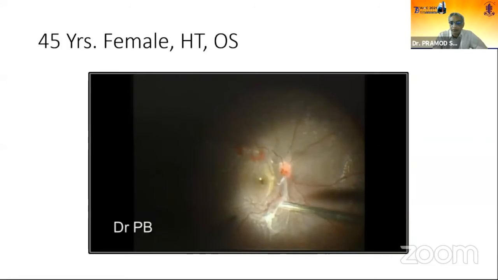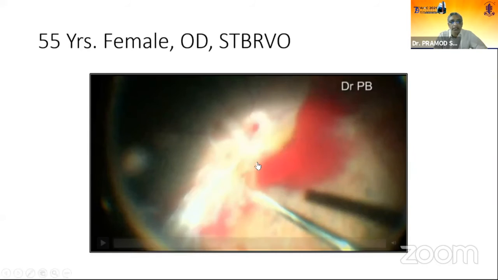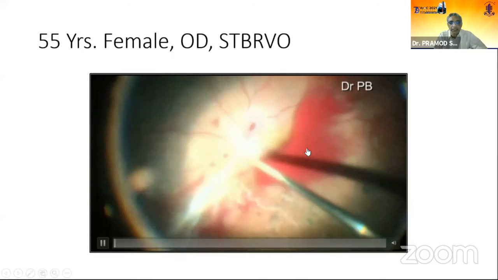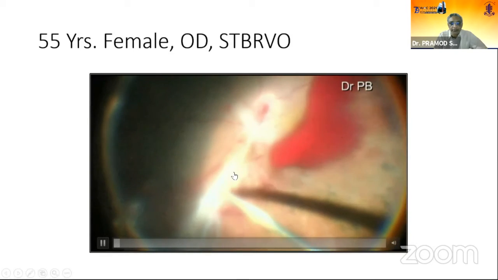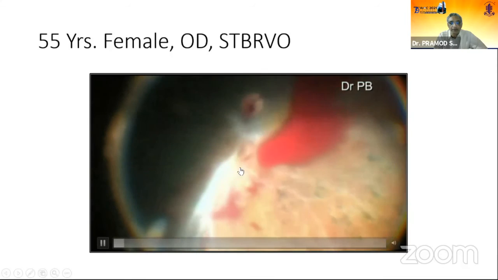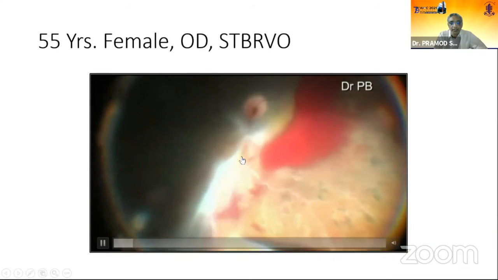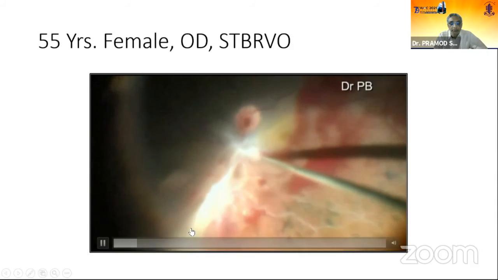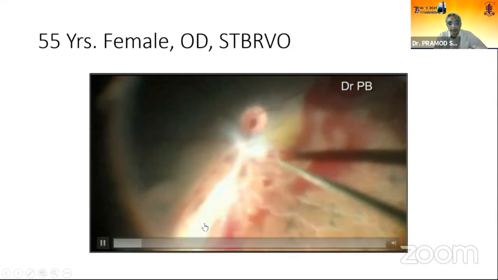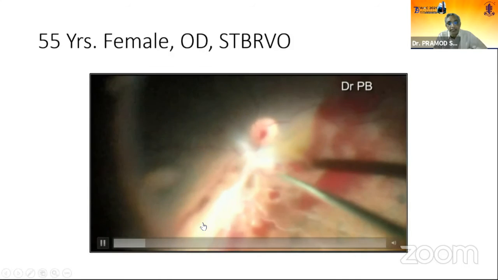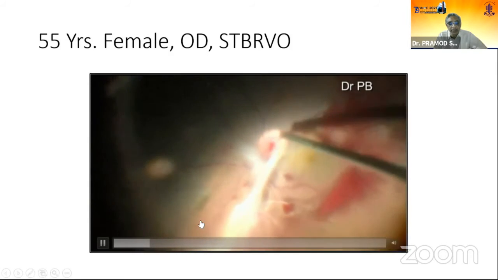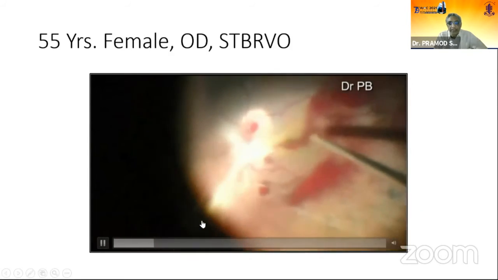This is another case, a 55-year-old female. What you see is ischemic superior retina exactly along the vessel. The polyp is firmly adherent, with a little bit of elevation. You ensure that you remove the fibrovascular polyp bridging traction from the edge of the polyp to the vitreous base. Otherwise, they don't do well generally.